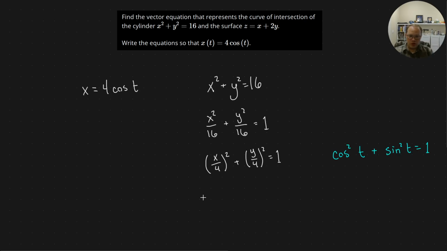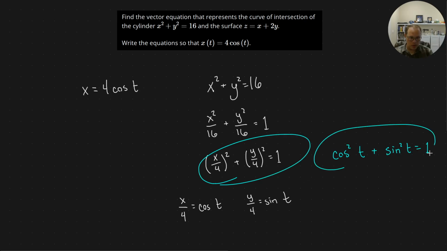So we could choose x over 4 to be cosine. That way it'll match this, right? Once I move that 4 over. And y over 4 to be sine. And that way x over 4 is cosine, so this is really cosine squared. And if I choose y over 4 to be sine, this will be really sine squared. And I know cosine squared plus sine squared equals 1. Okay, so that choice works,